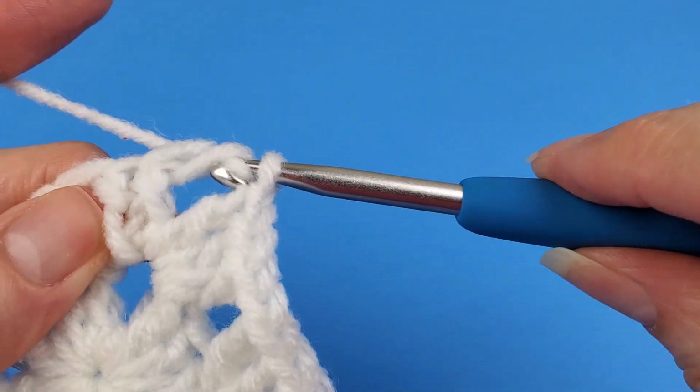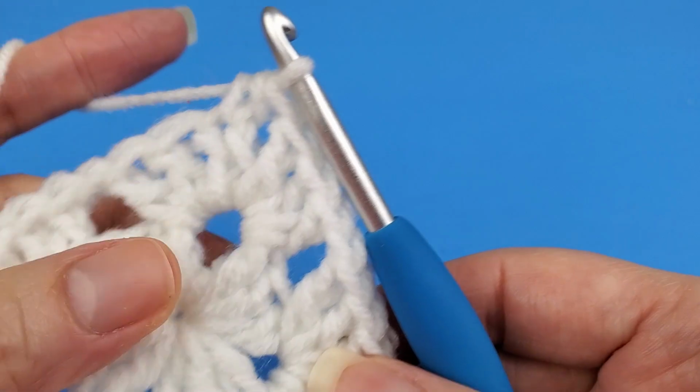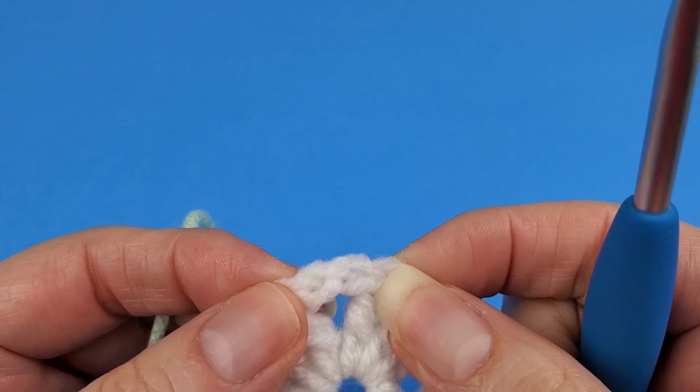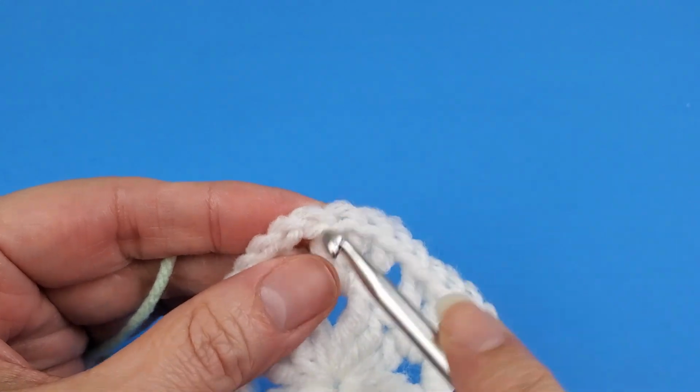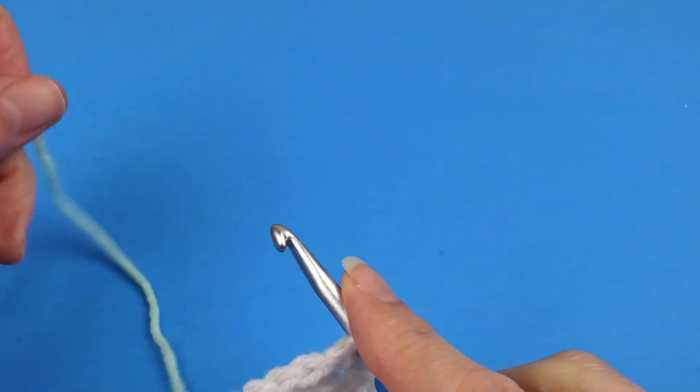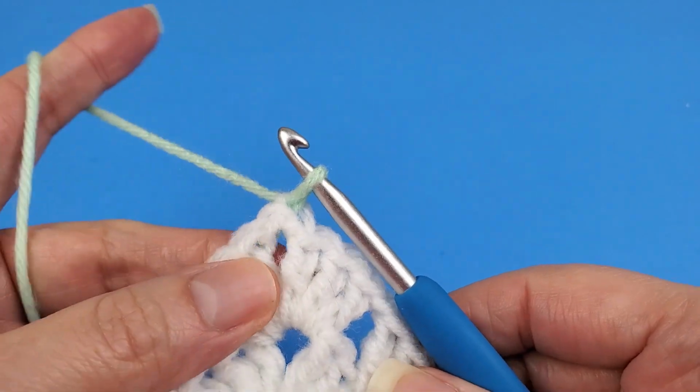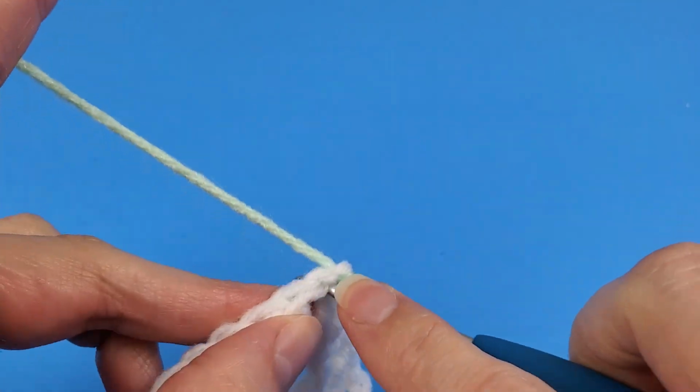I'll be changing colors every 2 rounds, so I'll fasten off and sew in my ends. That completes round 2. To start round 3, I join a new color. There are multiple ways to join a color. I like to insert my hook between the 2 top loops of one of the chains in the chain 2 space. I pull up a loop